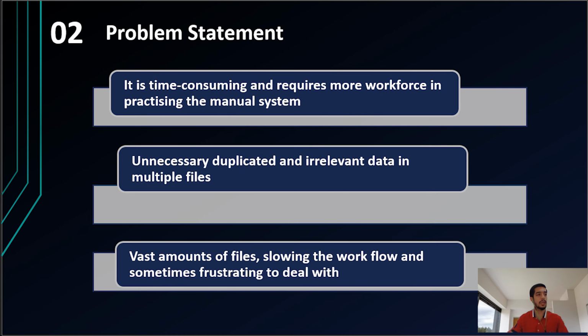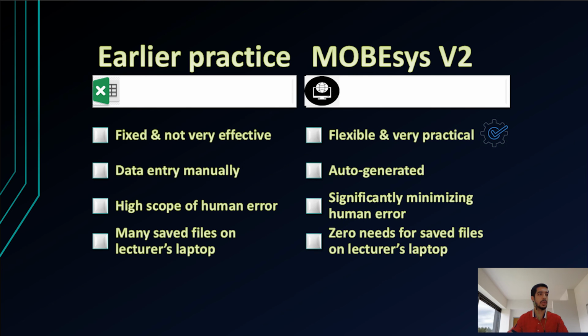So here, as we see, a small comparison between the earlier practice and the online system, MOB system V2. The earlier practice depends heavily on Excel files. It is fixed and not very effective. Data is entered manually. The lecturer needs to enter the data manually, and it has some scope of human error. And by practicing such a system, it leads to many files saved on the lecturer